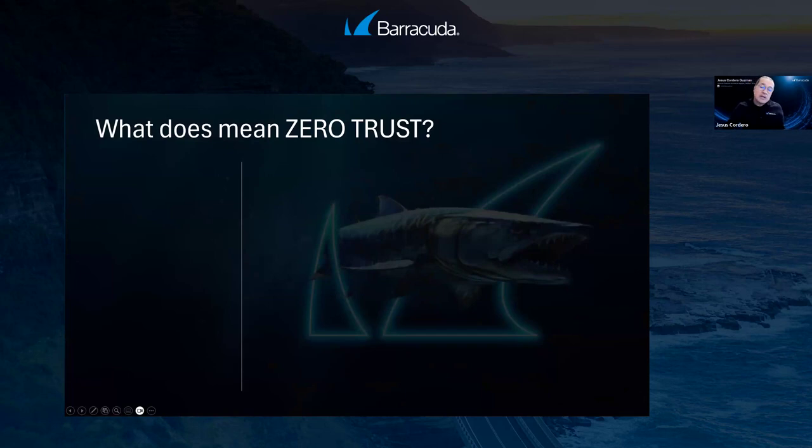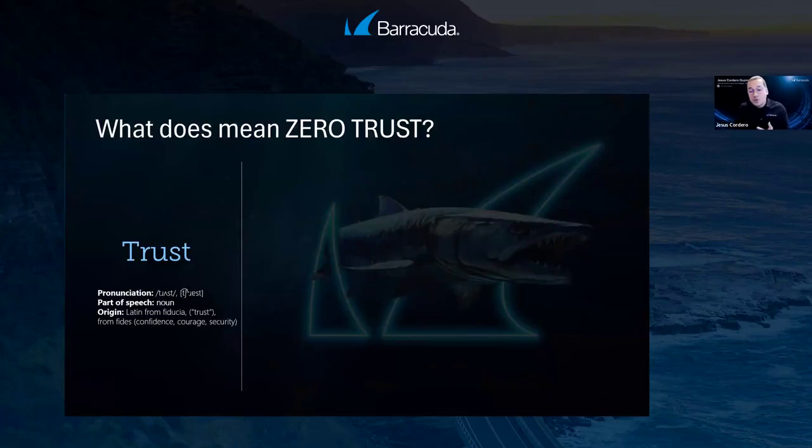starting with what zero trust really means. It's a paradox, as a matter of fact. Trust is a word coming from Latin, which means confidence, courage, security. It's a sense of creating a bond to someone where I believe, and it's more than a feeling, it becomes a fact in real life that I can really feel strong and firm when I interact with someone.